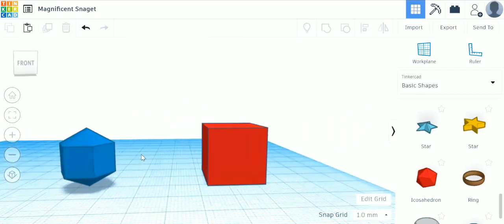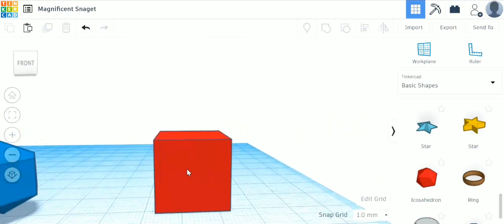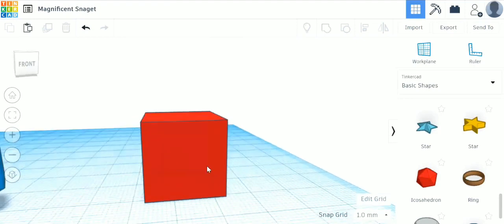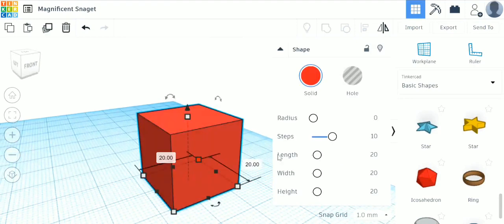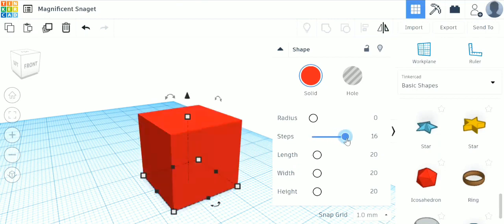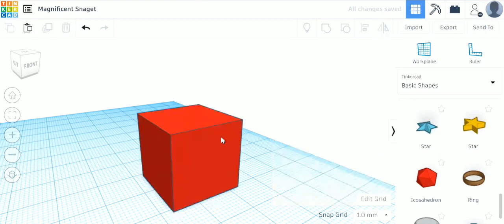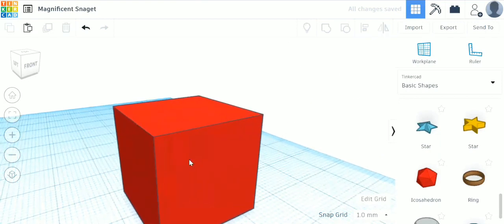So now if I move to this box and click on it, it will give more options than we were getting on the sphere. And if we increase the value of steps, it will not do anything.